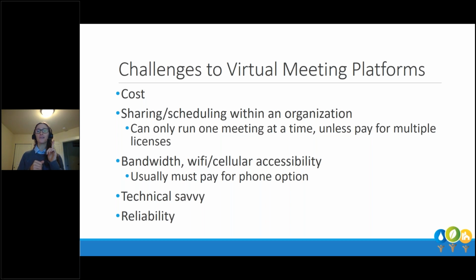If you want a phone or the ability to call into a meeting, that's the paid version. They all figured out what was that primary feature people really needed and put that in their paid version. It used to be the other way around, amazingly. So that is usually one of our biggest challenges. And when you're thinking about a platform, and usually why you would upgrade to a paid version is just for that phone ability. Or you find ways that you can use some type of a conferencing line system, maybe that you have available, add that to a video platform, and you can kind of hack the system, if you will, depending on how much you're going to use that.